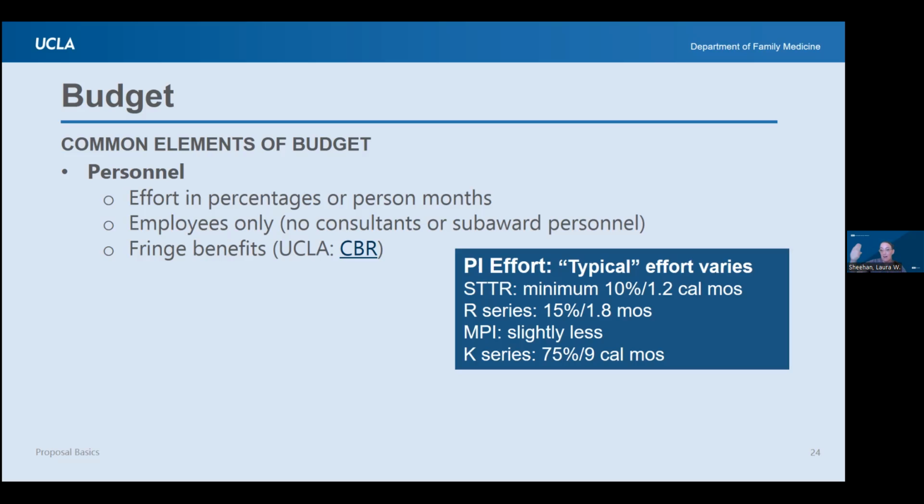If you are beyond either end of that, you're going to want to explain it in your proposal. Why do you really need to be dedicating 50% of your time to this project? If you have almost no research team, maybe it makes sense because you're doing multiple roles. If it is a career development award, like a K from the NIH, they have a minimum of 75% effort. So they really want this to be all you're doing for the most part. So just make sure that it's justified.